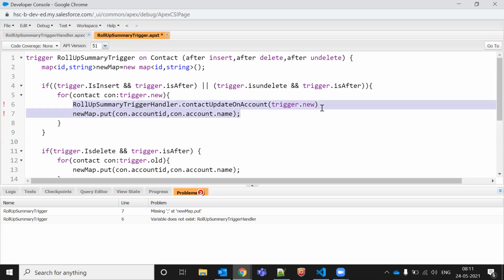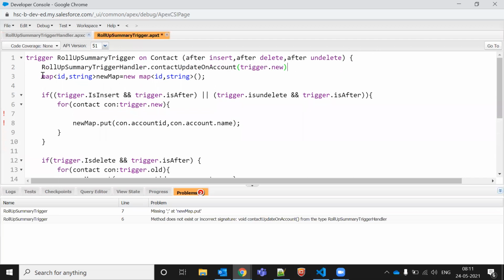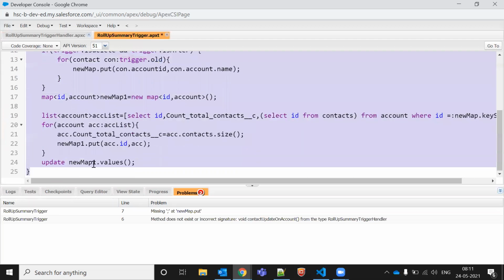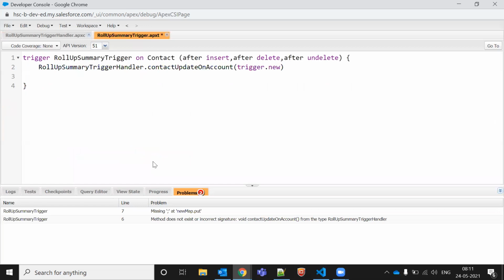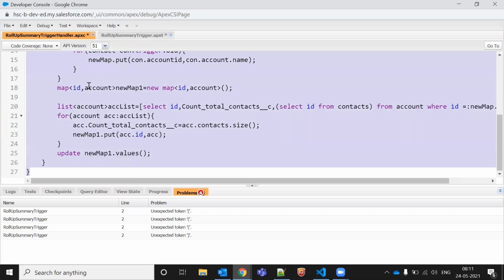So let me keep this class out of this. Okay, and let me remove everything in this class, and let's transfer this logic to this one.